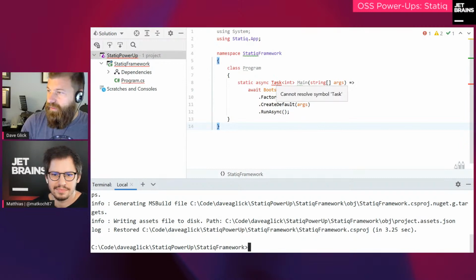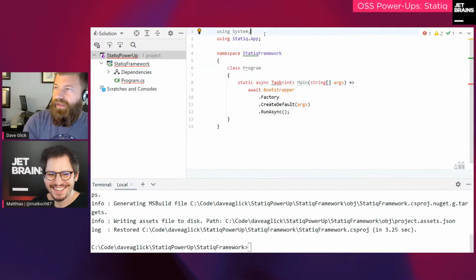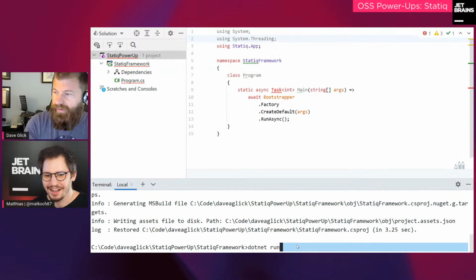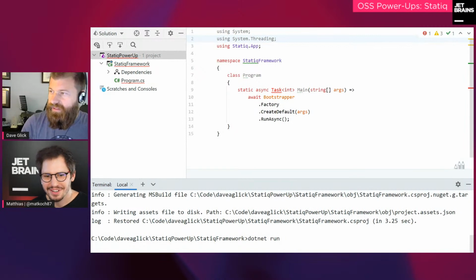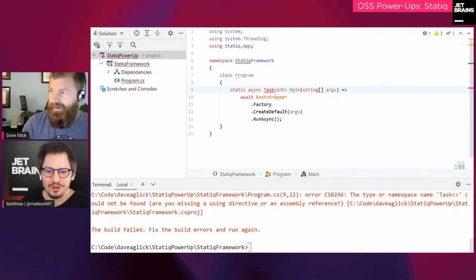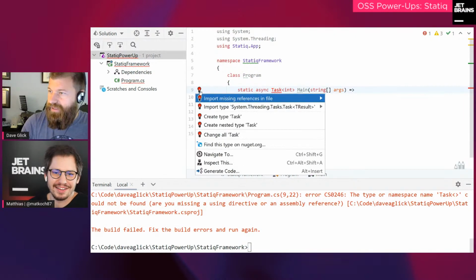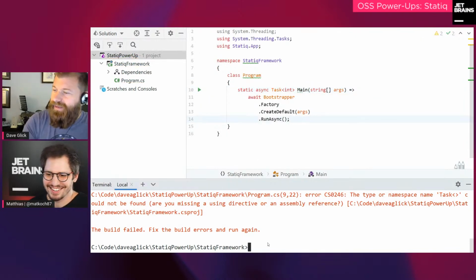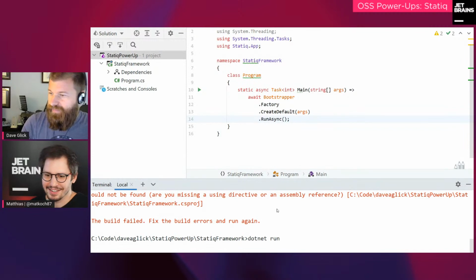Alt enter. Yeah. Let's add threading. Okay. So if we go ahead and run this. I think it's still missing task. But just okay, do Alt enter. Should do the trick, I think. Nope, it doesn't like it. What am I missing? Yeah, exactly. Threading tasks. Yeah, okay. So